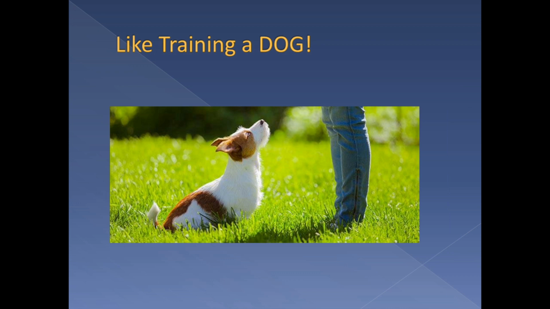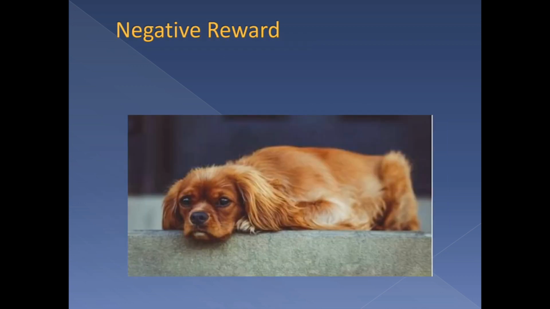Let's consider training a dog, okay? Let's say you command it to sit and it does not sit down. You don't give it a treat, or you call it a bad boy, or you hit it. You make it feel bad. You make it understand that what it did was wrong. So basically, it gets a negative reward, which makes it feel that it should not be doing that. When you tell it to sit, it makes it feel that it should not be standing.